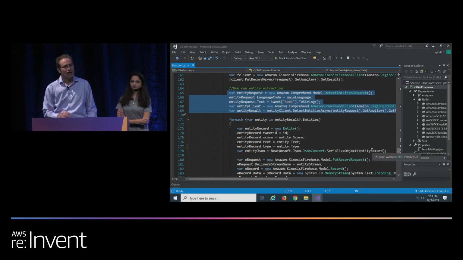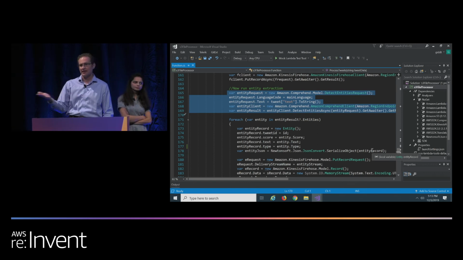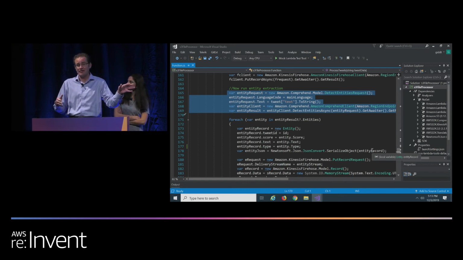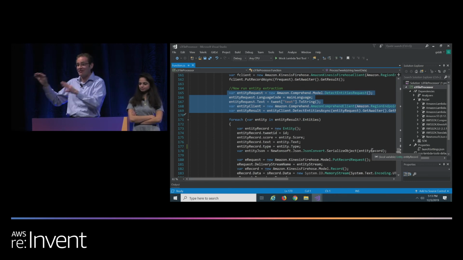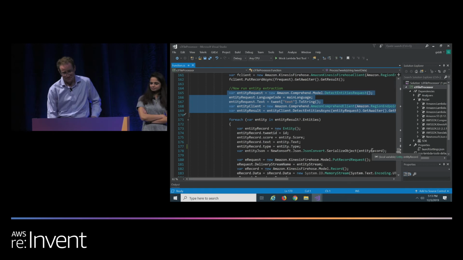at AWS. Now, the other really nice thing about this is you don't have to have a footprint on AWS to use any of this. You can use the public APIs that are secured with SSL and run this from any of your applications. As long as it can connect to the internet, you're good to go. You don't have to have EC2 or a VPC or any of this other stuff. You can actually start using this today, even if you don't have a footprint on AWS. All you need is an AWS account.